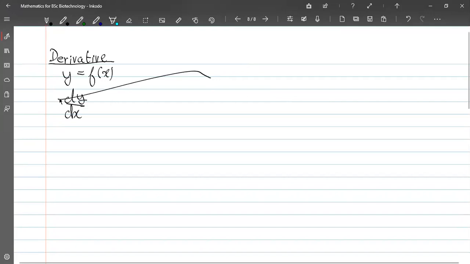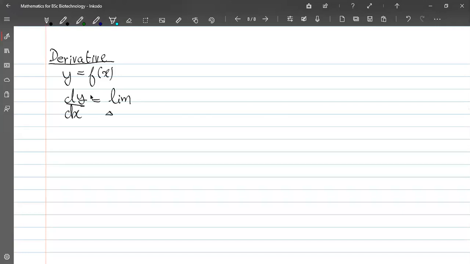This is just notation. Again, as with delta, this d is not any separate variable and we are not going to cancel that anywhere. dy is the notation, dx is the notation. In fact, dy by dx together is the notation for derivative, and it is defined as